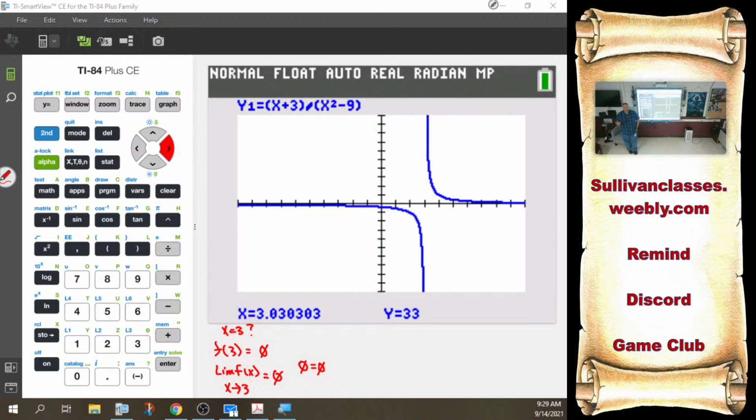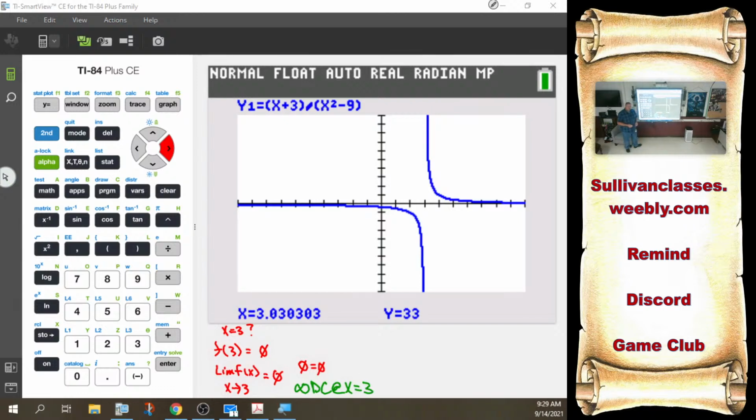Jump only happens when I have piecewise. Now be careful with piecewise. It's possible that one begins where the other ends. Don't just see a piecewise graph and jump to jump discontinuity. It's possible that one rule ends where the next rule begins. If one ends where the next begins, and that's the point you're testing, technically it is continuous, because I can go without ever picking up my pencil. Okay? So just be aware of that. That's sort of a gotcha that they do sometimes. I'm going to say this is infinite discontinuity at x equals 3.